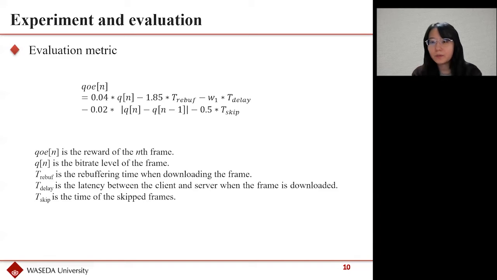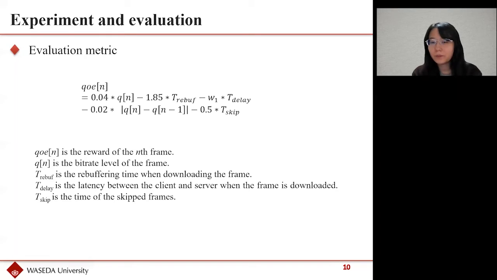This equation stands for the QoE reward of the nth frame, and it is calculated every time one frame is downloaded. At the end of the streaming, all the QoE are summed up to generate a total QoE for the streaming session. In the equation,